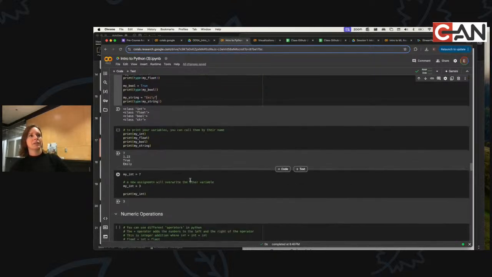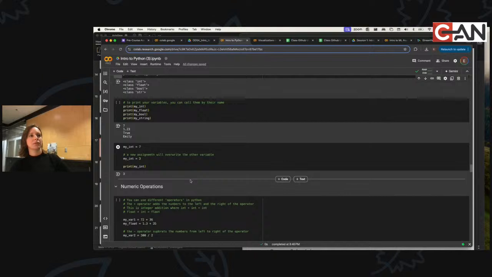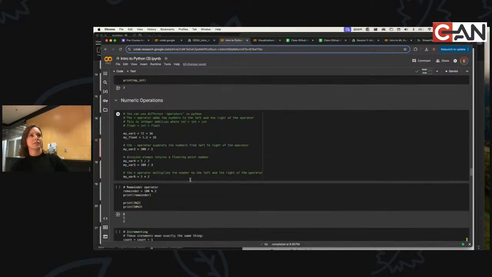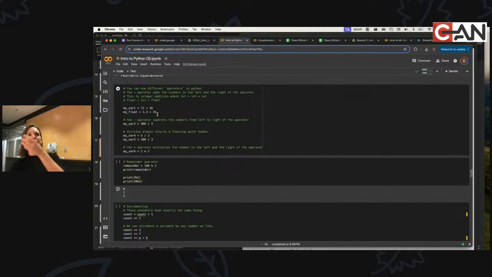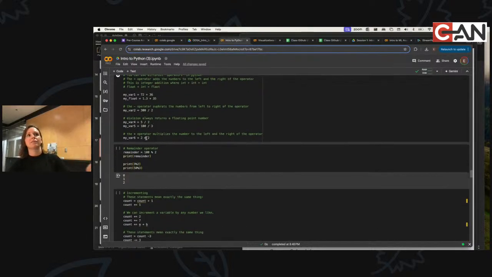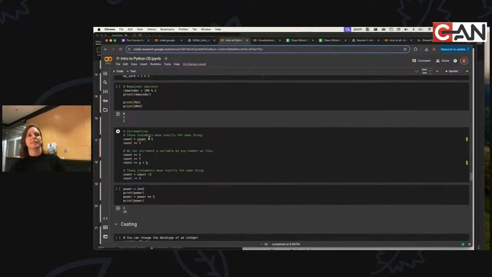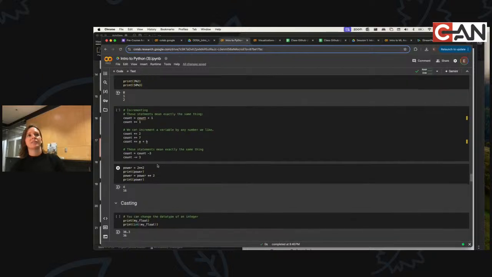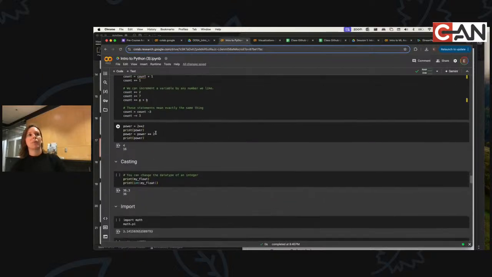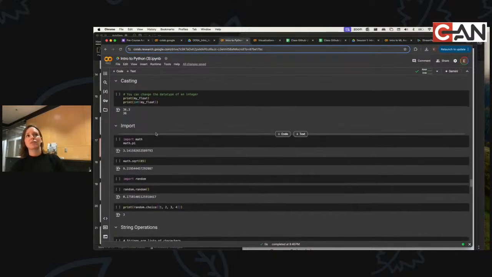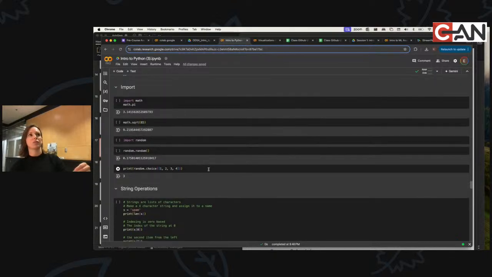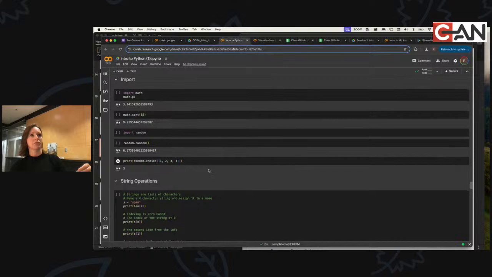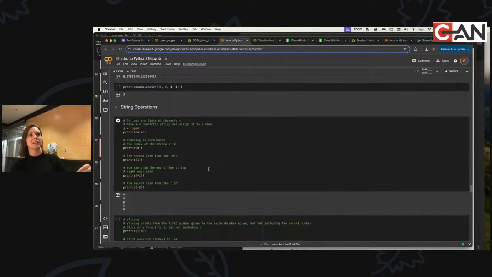Let me see what else is important here. You guys can look through numeric operations. They're really straightforward. Add, divide, multiply, add 1, take to the power of. And also, I think ChatGPT and Stack Overflow will get you a long ways on any of those. If you don't remember, it's a very quick Google away.